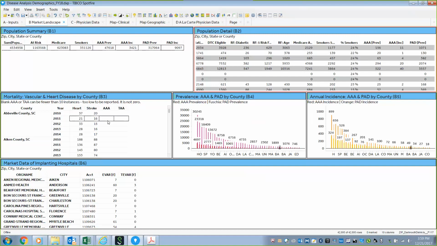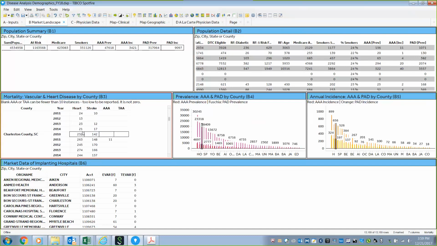It's important to know that data is not shared publicly if it's less than 10 patients. So all these smaller counties where you see 0, in fact, this is a really small county, really small, because if you're seeing only 37 heart attack deaths or 20 stroke deaths, that's tiny compared to other communities where you see up in the thousands. So there's no way you'll have numbers to represent the mortality around aortic disease when you have such a small population. So let's see, I just passed one.